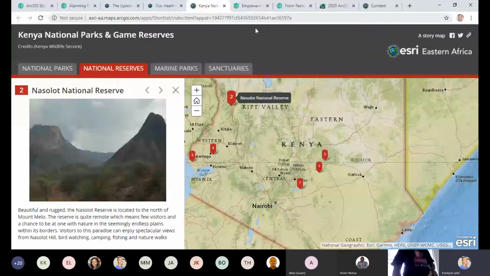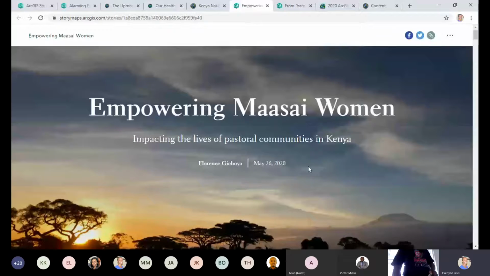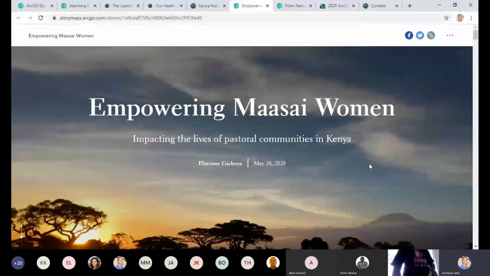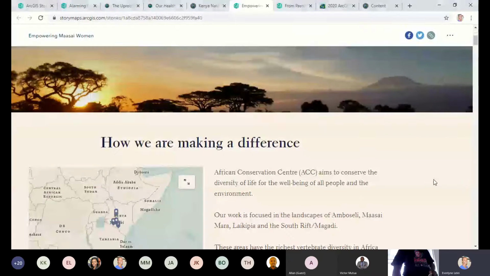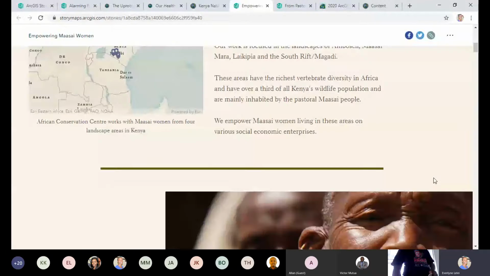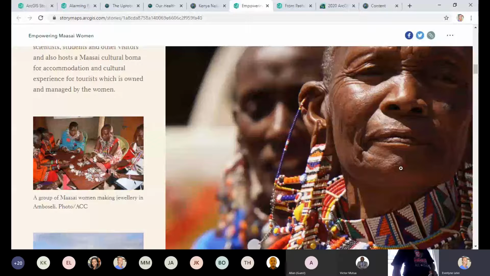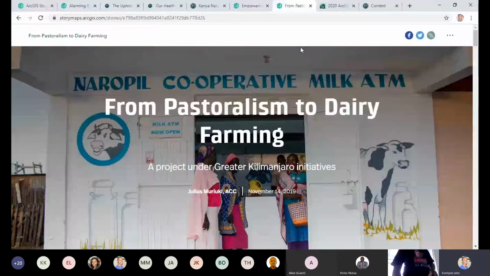So we have one interesting story on empowering Maasai women. This was done last year and published this year. This is a story using the new story map builder, just showing what the African Conservation Center is doing to empower the Maasai women. You can scroll through and read through the story. From this story, it's quite interesting. You can see the multimedia content that has been used, as well as the text. So that's one sample. Then there was another story, still done with the new story map builder, from pastoralism